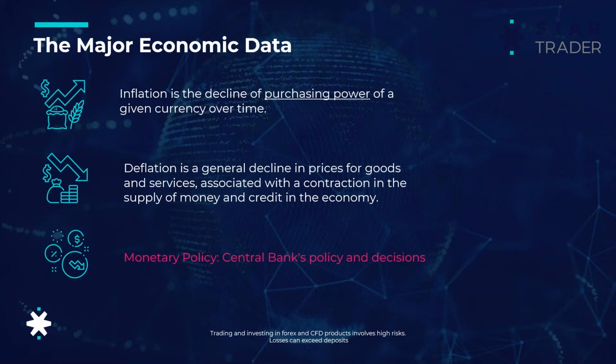How do we control these? These are considered the nightmares of central banks. They control them with monetary policy, which is basically tightening or loosening the amount of cash or free float in the country. By increasing interest rates, they will encourage people to deposit their money in the banks.